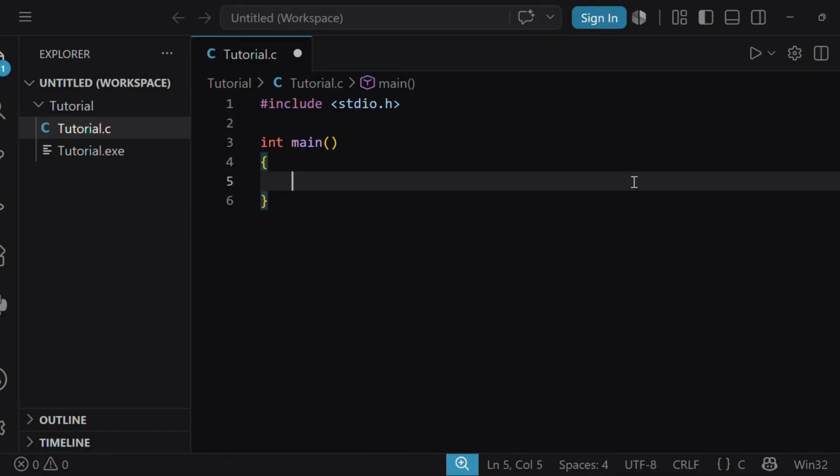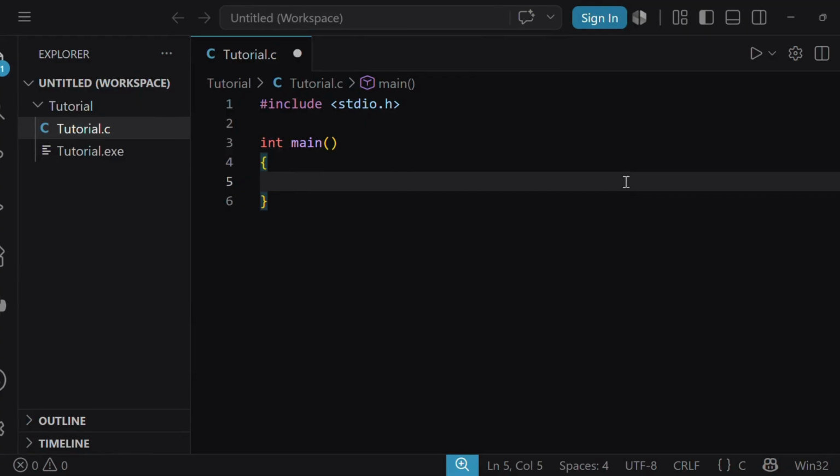Before we begin today's episode, let us quickly recap what we have learned in the previous one. In episode 5, we learned how C programs communicate with users through input and output. We discussed the printf function for displaying output, the scanf function for taking input, understood format specifiers, explored some commonly used escape sequences, and also looked at a few common mistakes that early beginners often make. If you haven't watched that episode yet, I highly recommend watching it first because today's topic builds on those concepts.